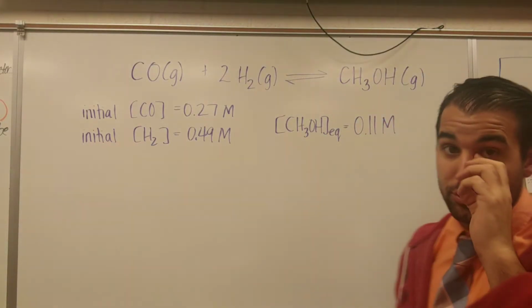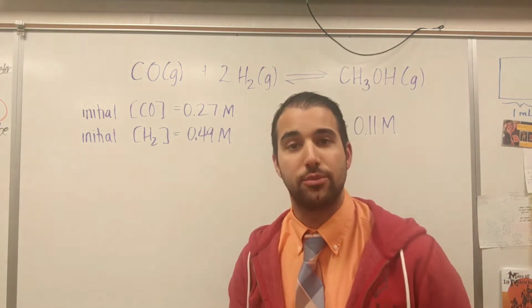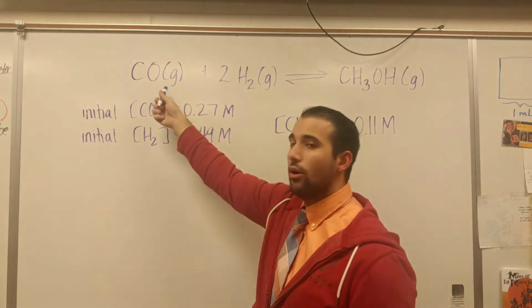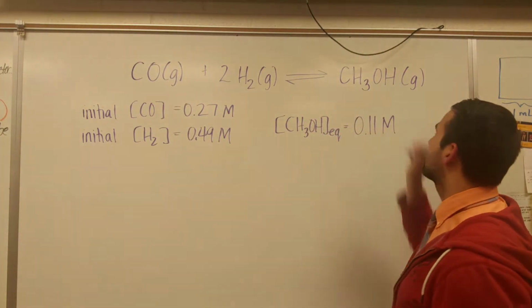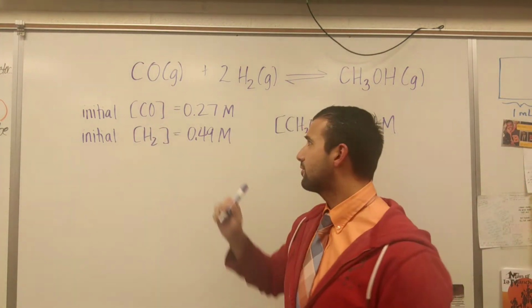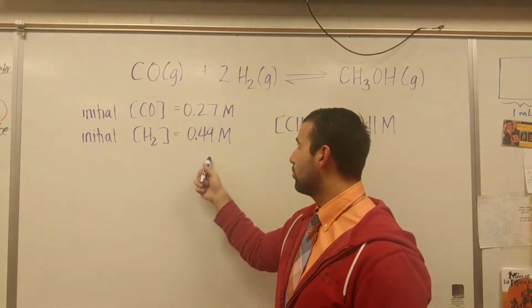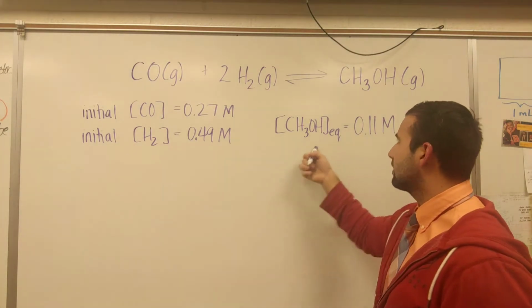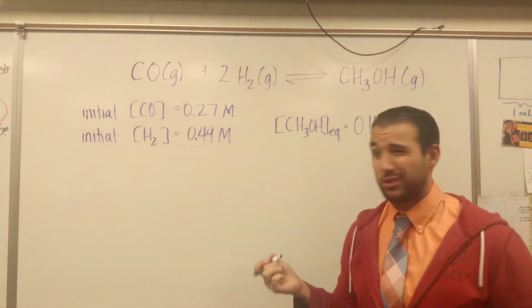Alrighty, hey AP Chemistry. So we got a question from Destiny to try one of the example problems from section 15.6. So I set us up here where we have CO gas plus 2H2 gas in equilibrium with CH3OH gas. They told us that the initial concentration of CO was 0.27 molar, the initial concentration of H2 was 0.49 molar, and then they said later on in equilibrium the concentration of CH3OH was 0.11 molar, and then the question is,